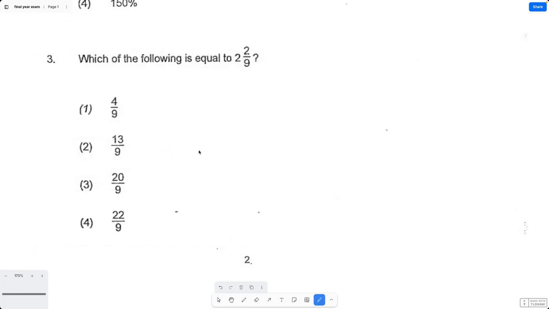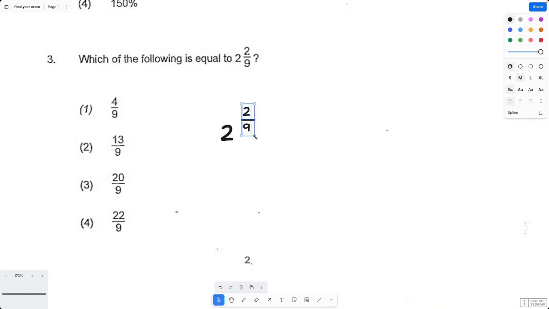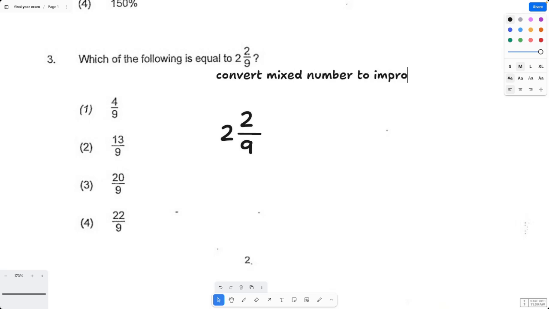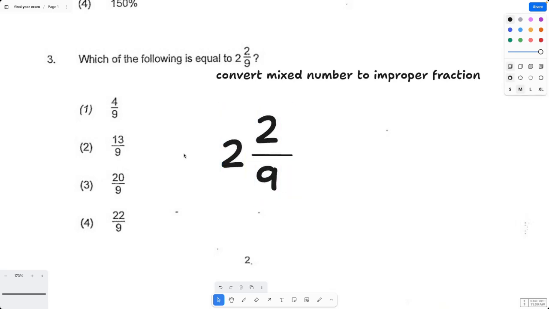All right, let's move on to question 3. It says, which of the following is equal to 2 and 2 out of 9? Okay, so in this case, we have number 2 over here. And then we have the fraction 2 out of 9. Okay, so how are we going to convert this mixed number, from what we see over here, into an improper fraction? Okay, so in this case, I'm just going to write down, basically what we need to do is to convert mixed number to improper fraction. Okay, so how we do that is basically with this, what we can do is we will have